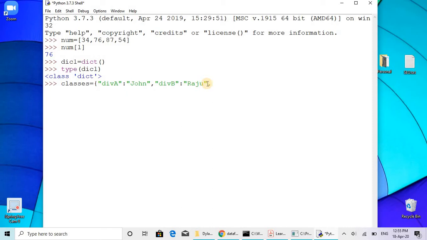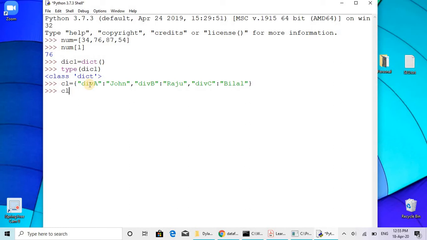Okay, we are giving division C also, division C, and class teacher Bilal. Then three divisions and their class teachers. I defined a dictionary like that. I can reduce the name, just cl, just a CL we can use. Defined this way, the dictionary is created.